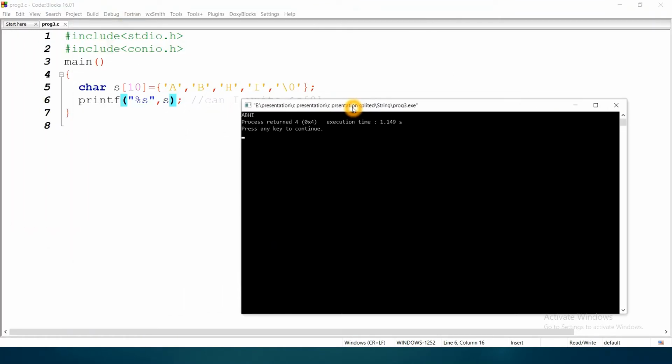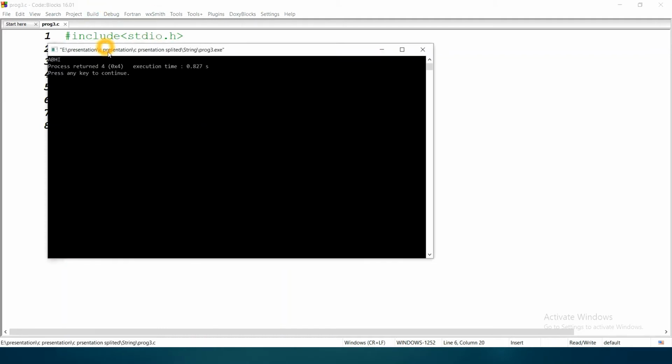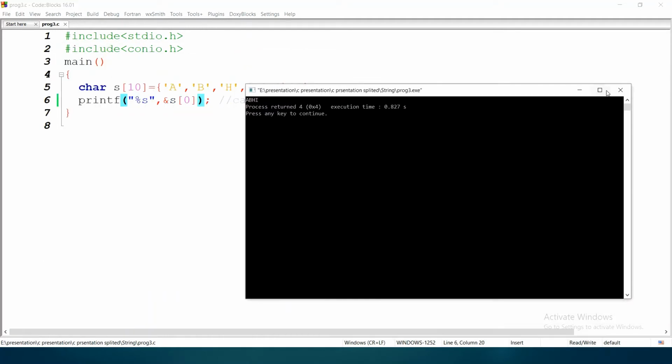It is OV. With %s, just give the base address and you can get the whole string. You can also write here &s[0]. &s[0] is also the beginning address of the string. It is also OV. So this is one way, and only s is another way.